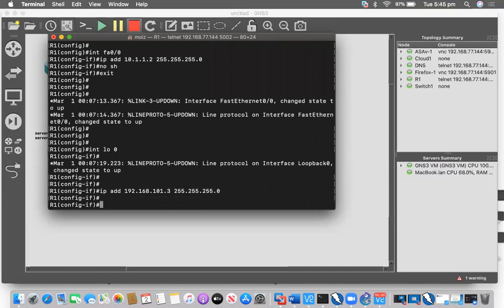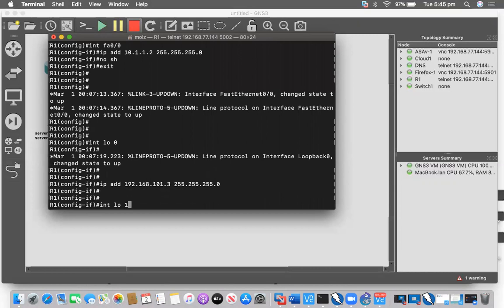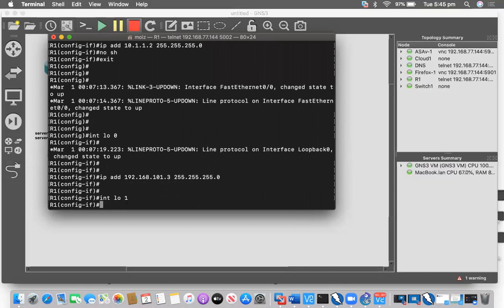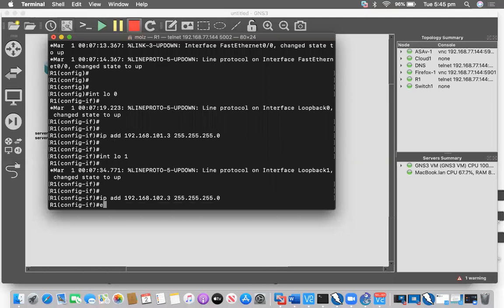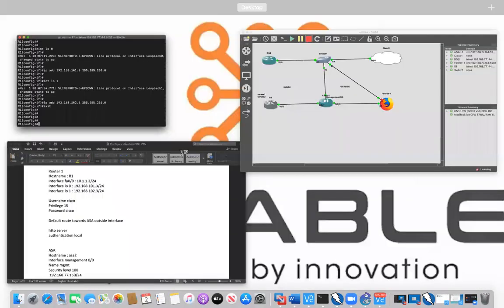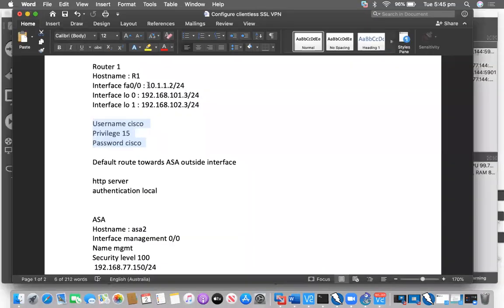Then again, interface loopback 1. IP address will be 192.168.102.3 with class C subnet mask. So now we have configured the interface with this address and we have created two loopback addresses.